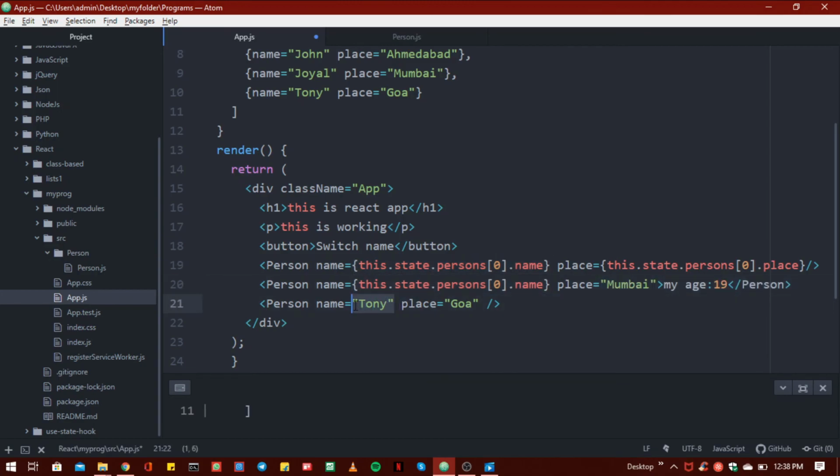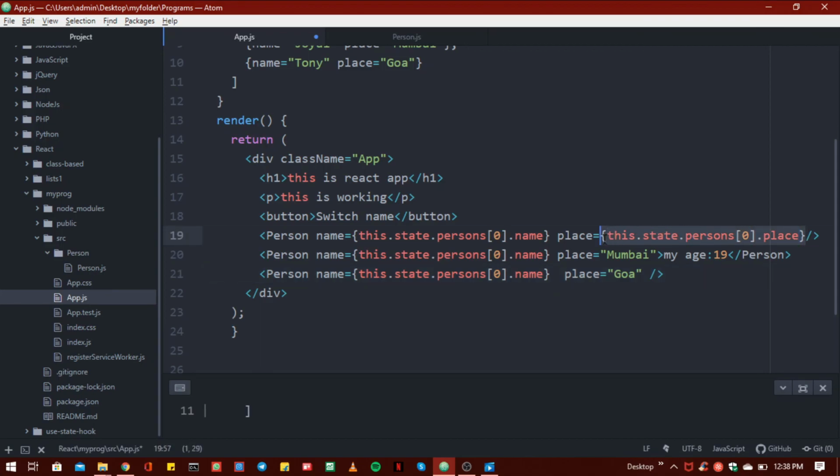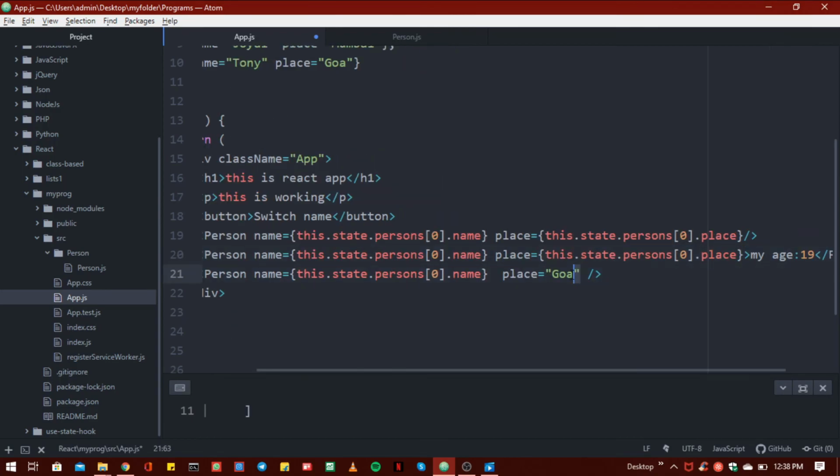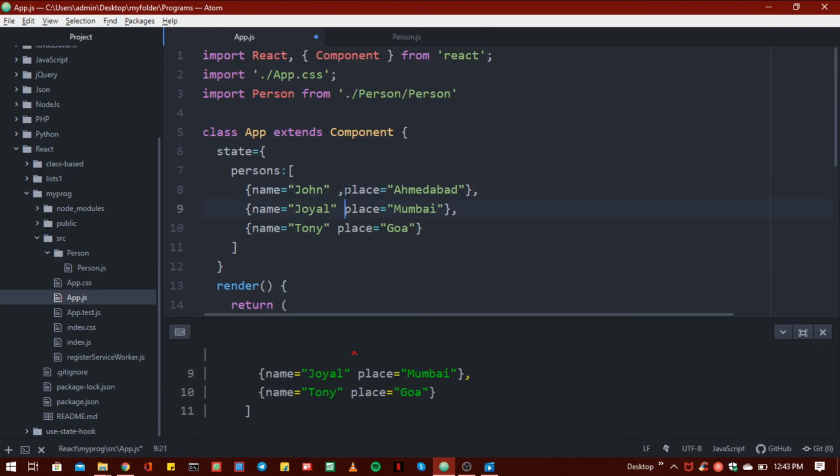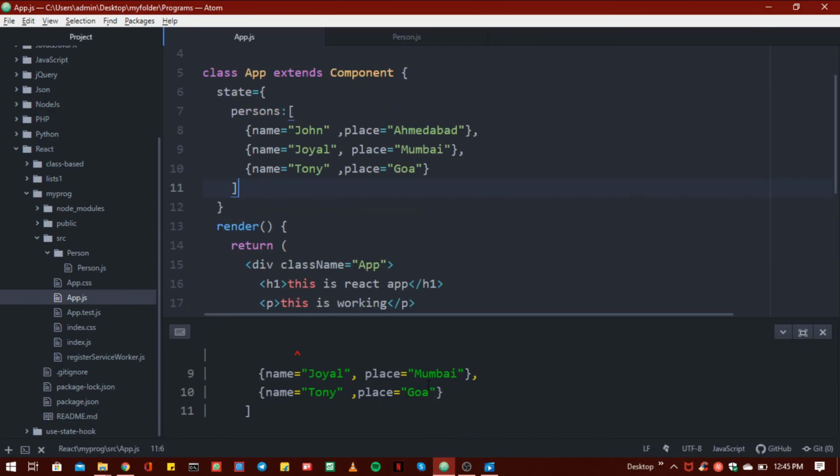Paste here. This is index number 1, this is 2, and here we forgot to add a comma, and the error is showing because we use this equal to sign.